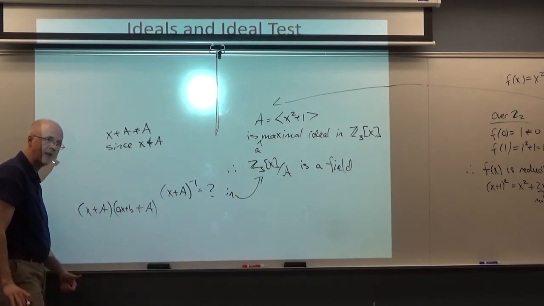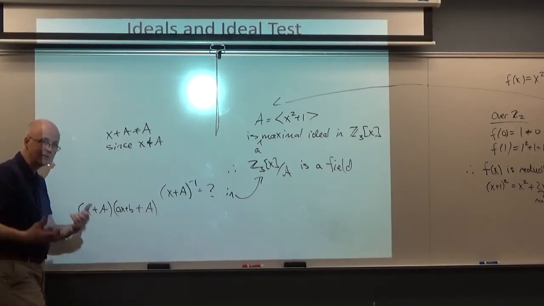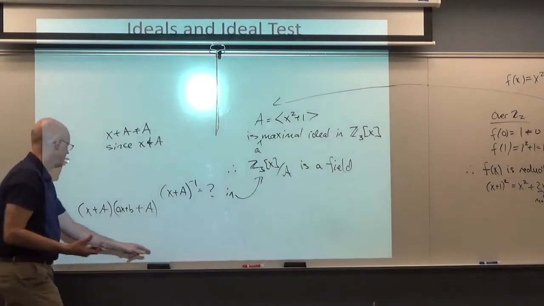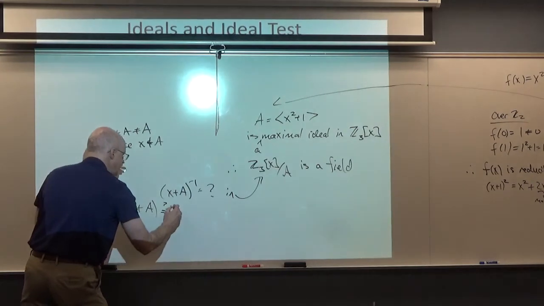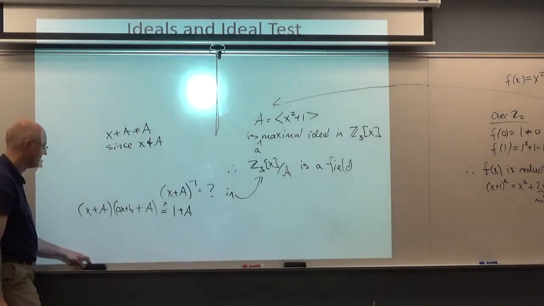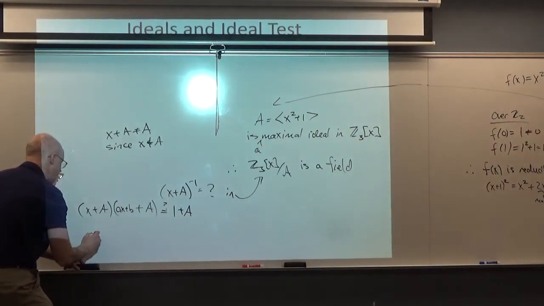I'm not explaining why. The book's examples get into why in chapter 14, the one they said to struggle with, the difficult ones. Can I choose little a and little b to make this the multiplicative identity, 1 plus A? Let's see if we can. Go ahead and do the coset multiplication. You're going to get